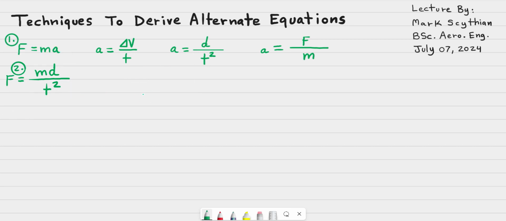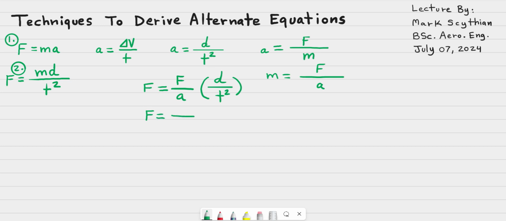So a third equation could also be the mass component could be rearranged as force divided into acceleration, F over A, then multiply times the quantity of d squared, d divided into t squared. So we have F is equal to F A